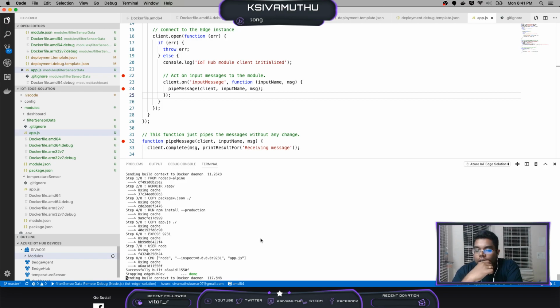Okay, it's sending the context to the Docker daemon. I think once this is done, then we would be adding the logic, and pretty much we would wrap up this